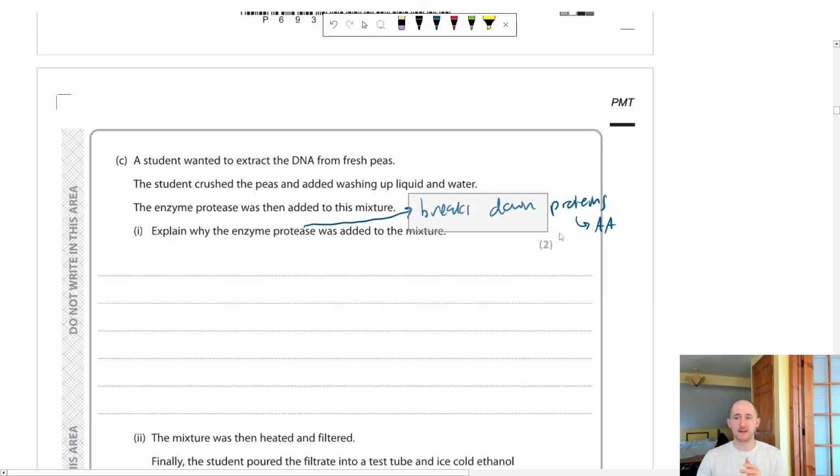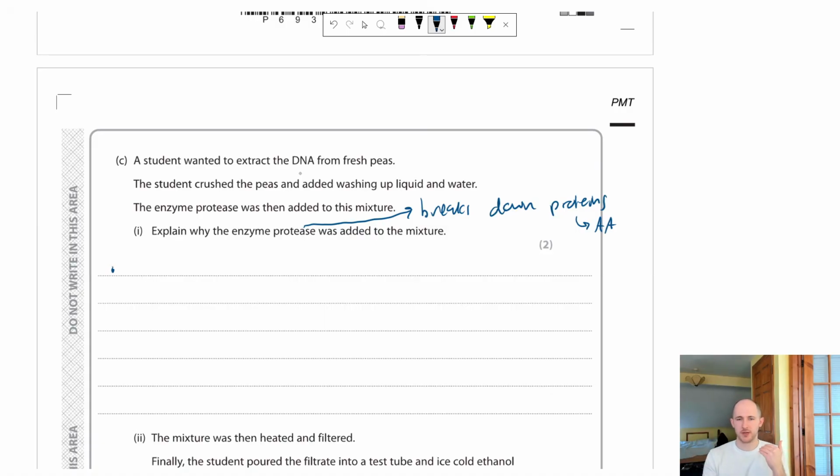I'm not going to lie, that's a bit of a leap from this to, oh yeah, we need to protect the DNA. But what I'm trying to get you guys to do is think about, what does protease do and what's the goal? I want to be able to see DNA. So the protease must somehow allow me to see DNA, and it allows that by preventing the destruction of the DNA. I hope that makes sense. Again, this is a bit of a memory task as well, but hopefully when it makes sense, it will help